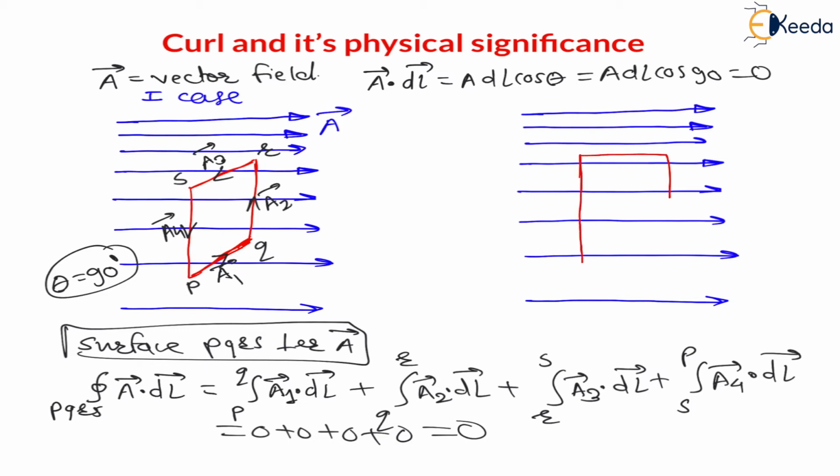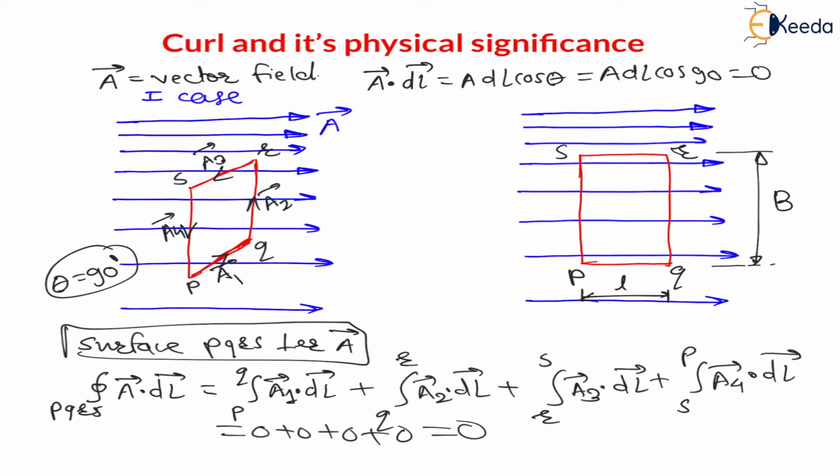Concentrate. The same surface I am keeping like this now. What I have done here is change the orientation of PQRS. Let us say this is PQRS, and let us say the P to Q distance is L, and the Q to R distance is some B. It can be any distance B, right?